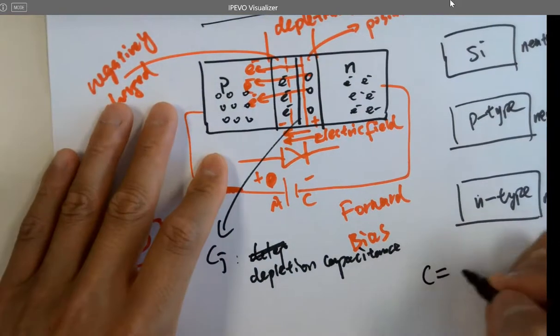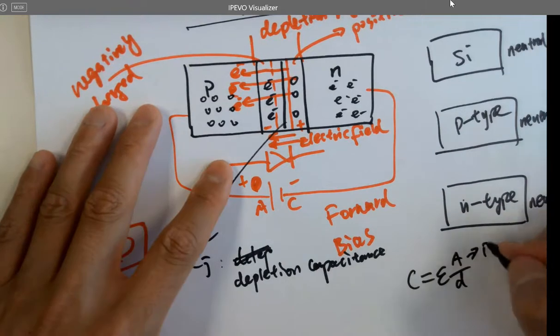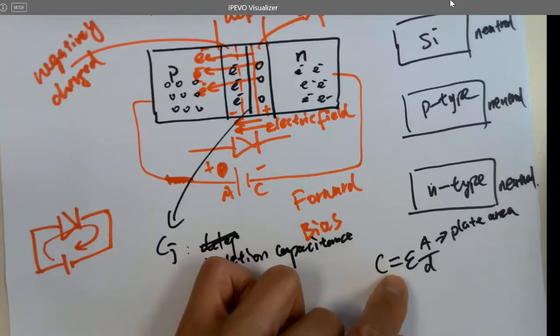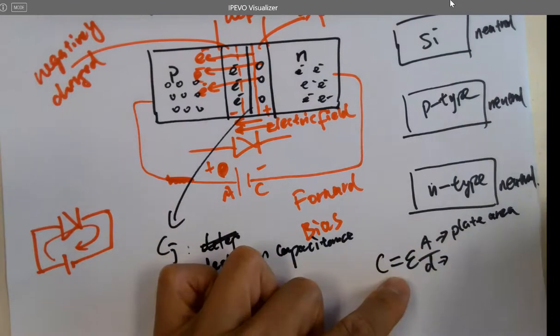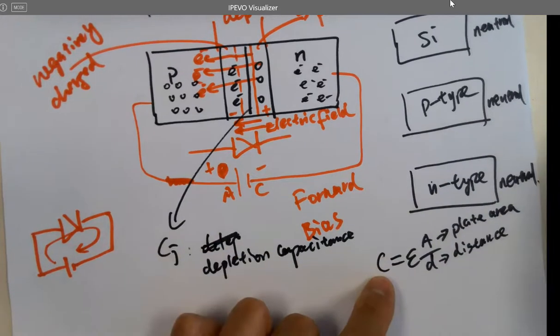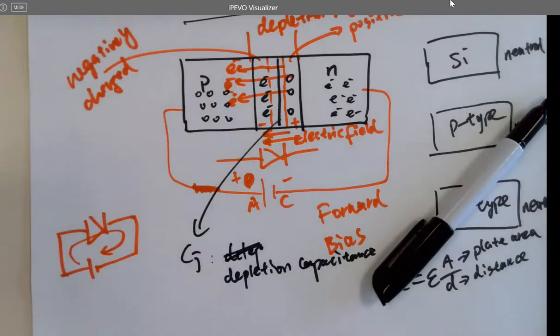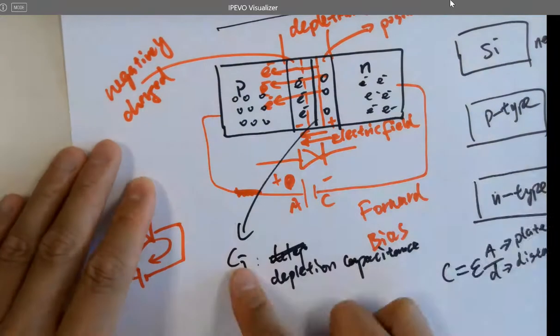So capacitance is defined as what? Epsilon times A over D, right? So what is A? Plate area. Does that make sense? You get a larger A, you get a larger capacitance, because the larger area holds more charges. And D is the distance between the two plates. A larger D gives a smaller C. You have the same two plates, but you move them further away from each other, then the capacitance will be smaller. So for this case, if you forward bias the PN junction, CJ will be